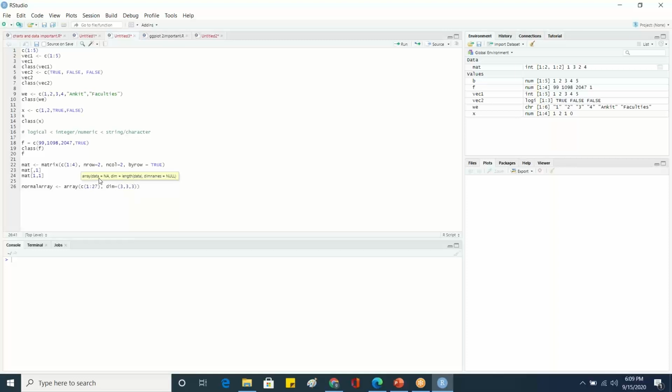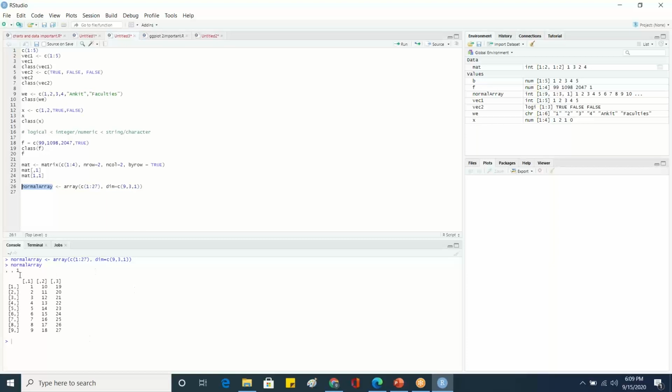So 3 into 3 into 3 should be 27, I can even use it like this. If you want to see, 9, 3, 1 can also be used. So there I'll get a different issue, but I'll just have to combine it, right? So dimensions should be combined, and then if I run it, I suppose there shouldn't be any sort of errors. So now if I ask it to print a normal array, it will give me this. Since it has only one dimension, it will give me 1, 2, 3, 4, 5, 6, 7, 8, 9, 10, 11, 12, 13, 14, 15, 16, 17, 18, 27.